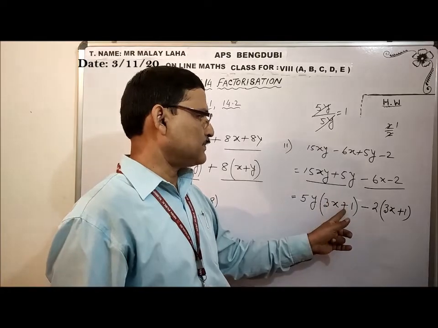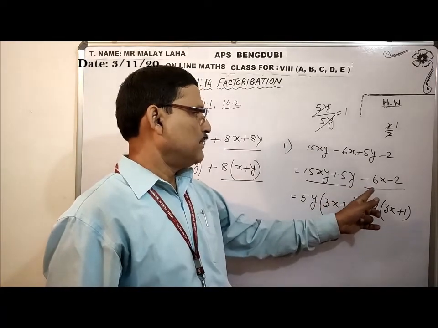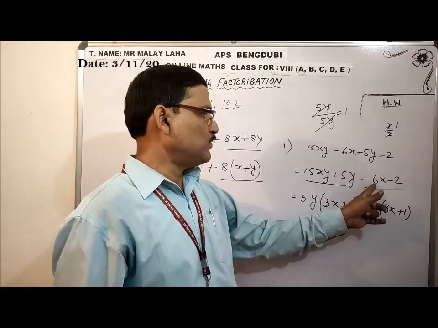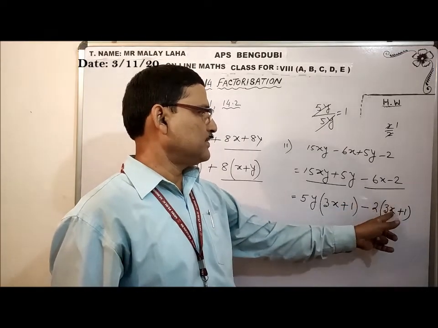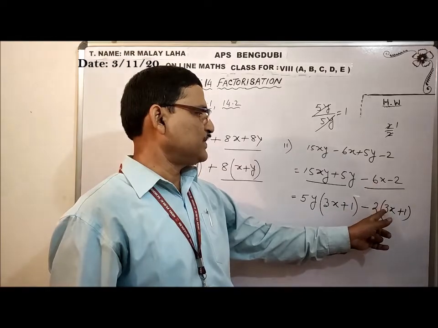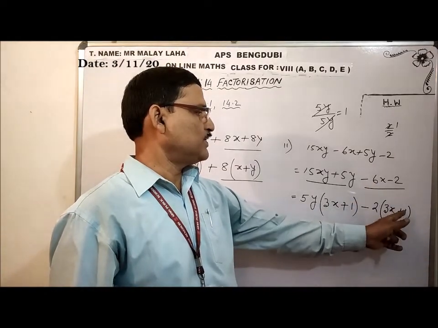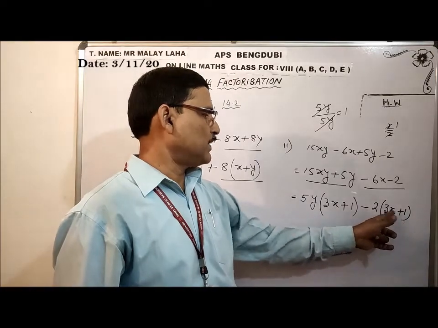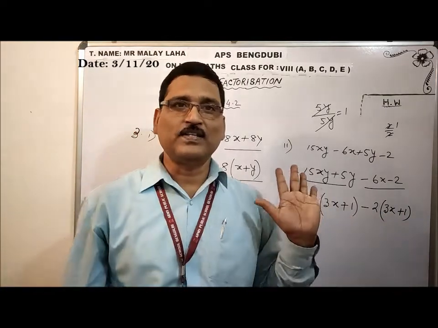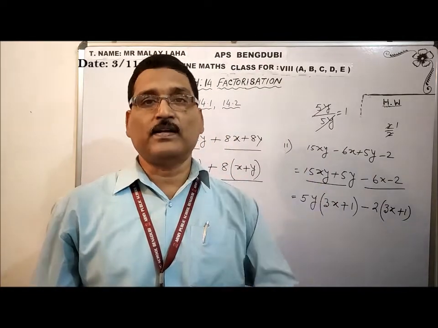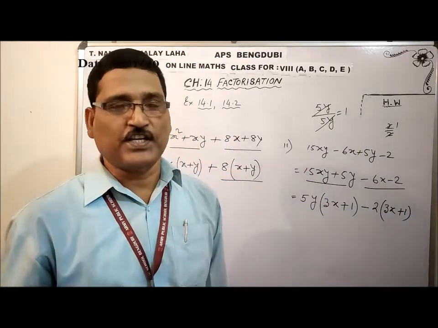Plus sign is there, plus. Minus, minus. From these two, what is the maximum common? 2. If I divide by 2, it will be 3x, and it converted into positive, that's why it should be converted into positive. 2 divided by 2 is 1. And you see 3x plus 1 and 3x plus 1, these both are the same. If it is not the same, that means you have made some sort of mistake, you check again.